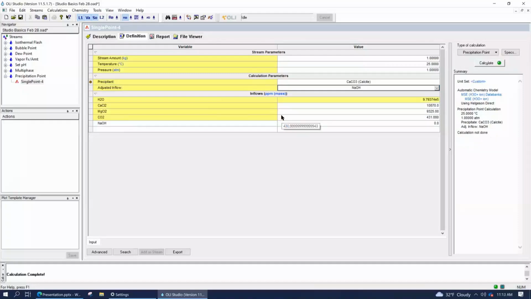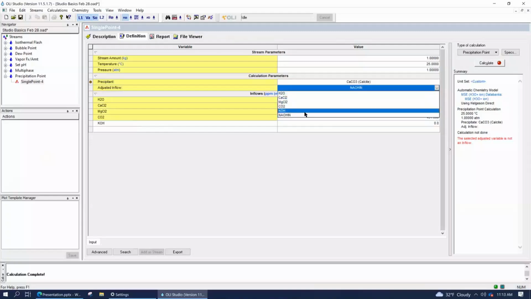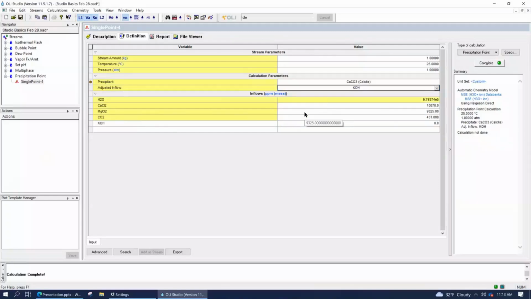AJ, in this particular example, instead of using NaOH, can we use KOH? Yep, just to see the difference. Sure, let's type KOH instead. In both cases, they are strong bases, so it doesn't matter, which means they complex very little. And the only difference you might have, actually, they won't have any difference here. So we'll just run the calculation, and then we can always talk about any differences if you're curious about it.